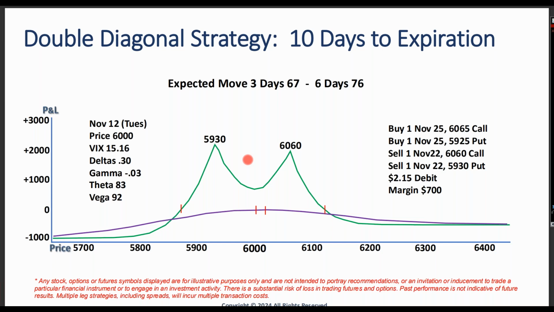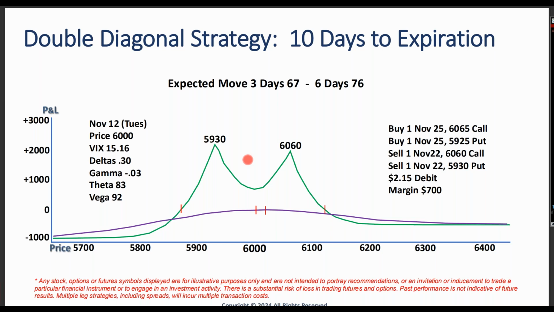Yeah. Peter says yield should be based on both debit and margin. That is not correct. If I'm wrong on that, Peter, help me. But your debit here is $215. That has nothing to do with your yield. Why? Because if I were to do this trade on a brokerage platform, the margin is not $215. Your margin is going to be $700, right?